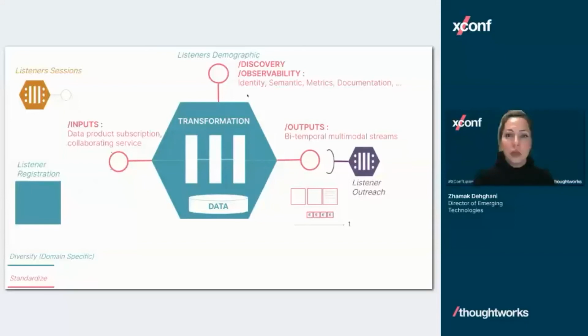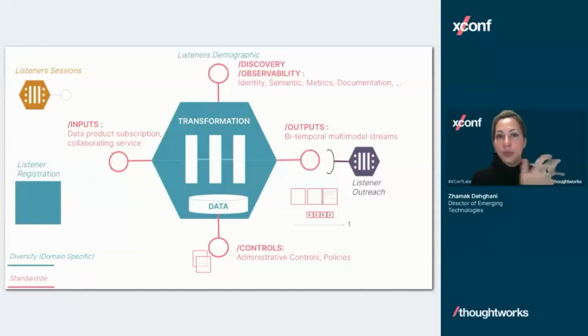And finally, you need to have another set of control mechanisms by which you can configure the policies that this data product needs to enforce at every point. Maybe at the time of input, it needs to do access control upstream. So it needs to have a policy that describes its identity and roles and permissions that it has. It needs to apply some policy during transformation. Maybe some of this data needs to be secured in memory, so you need to use some sort of a secure enclave for that. The policy around privacy, like who can actually access this data, what data needs to be encrypted, anonymized, or not even presented.